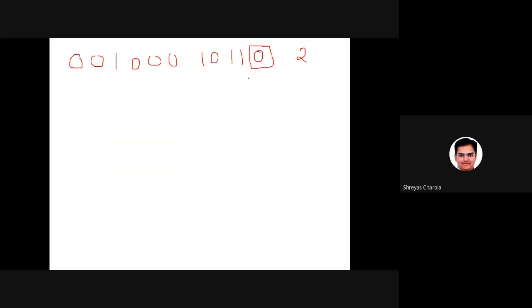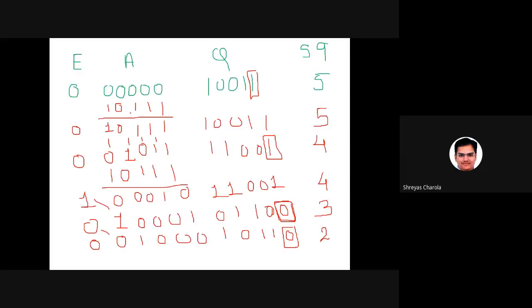Again I got a 0. So what do I need to do? No need to do the addition, just do the shifting. So this is 0 0 0 1 0 0 0 1 0 1 and 1. Sequence counter reduced by 1. What is the last bit I got? 1. So in this I need to add, what is that number?